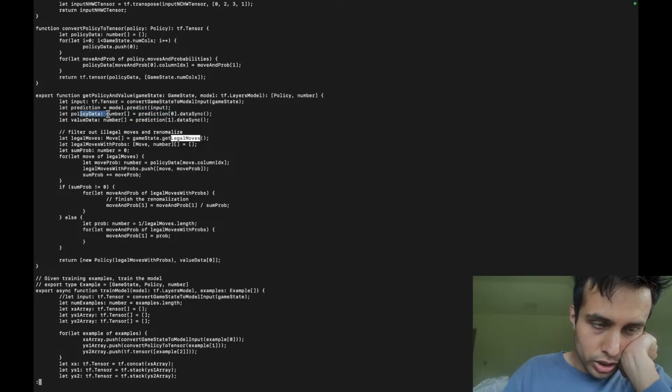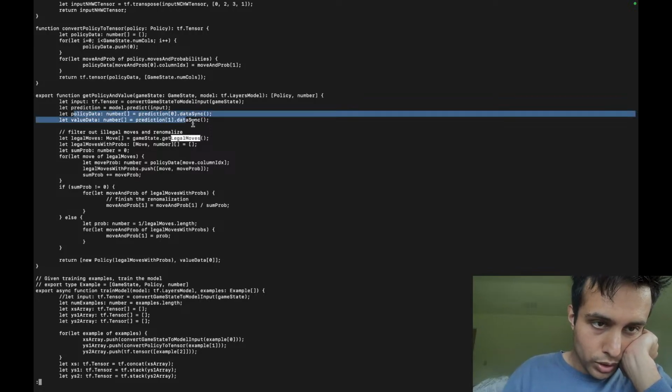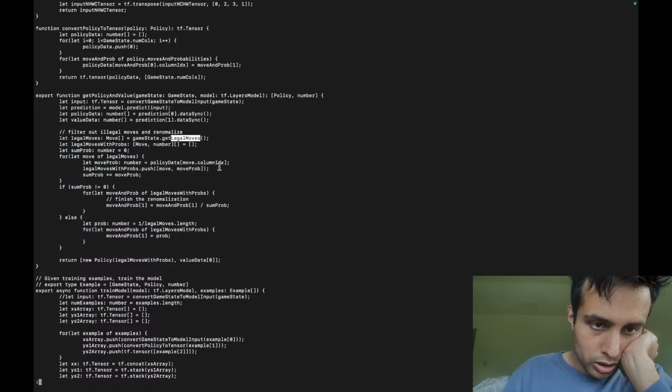From the prediction, we get the huge vector. Well, not huge. In this case, it's just size 7 for the columns, but it'll be very huge for BumperCoins. Then legal moves. Oh, it's some notion of a join and the column index. Oh, we don't have that for BumperCoins, so I have to think about that. So get legal moves, and then for each move in the legal moves,